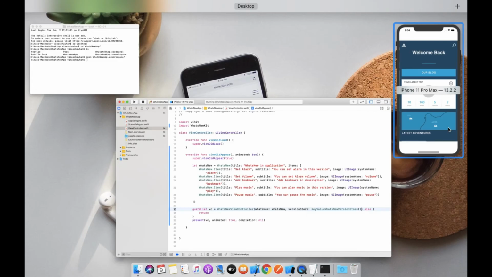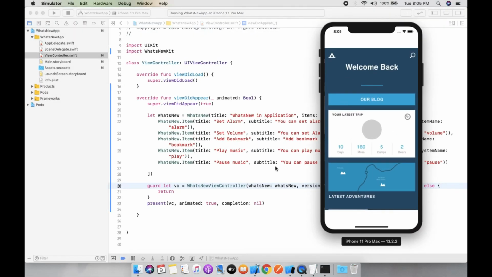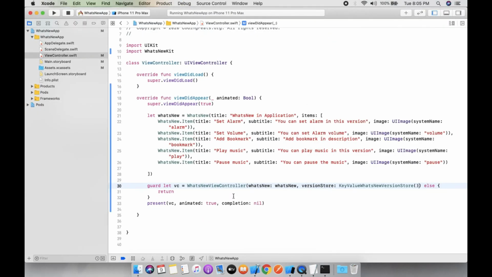And if you want to change the color of this, let me show you how to change the color.